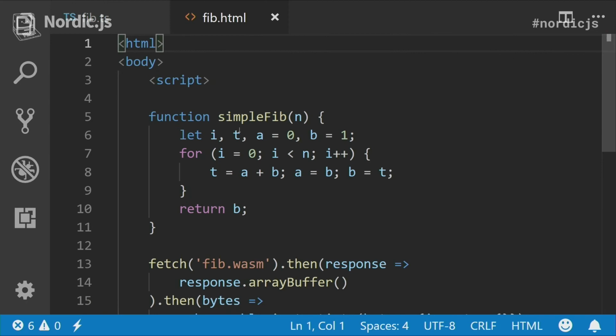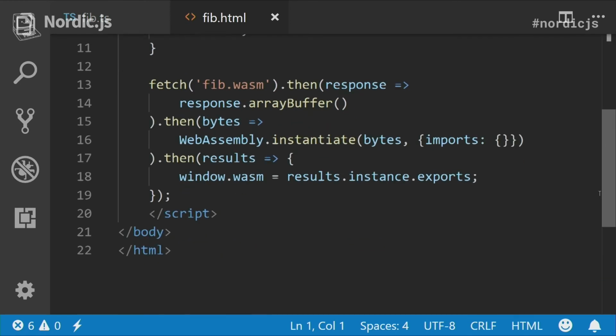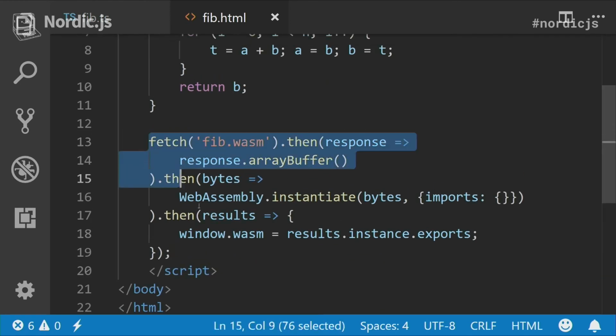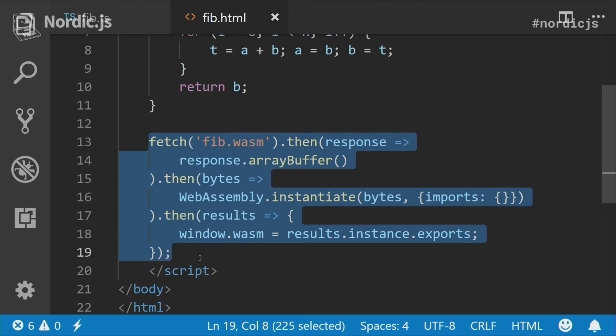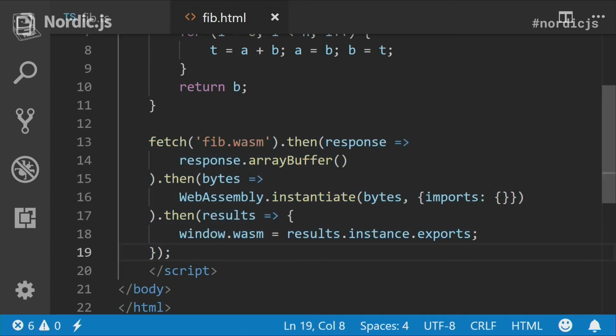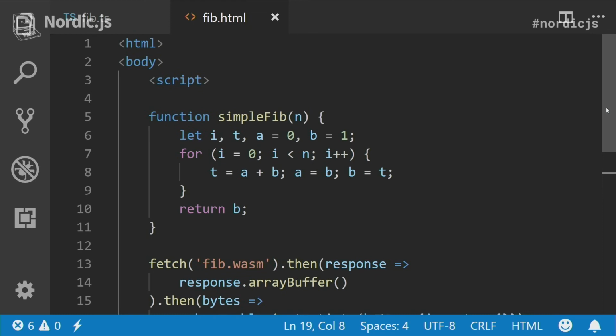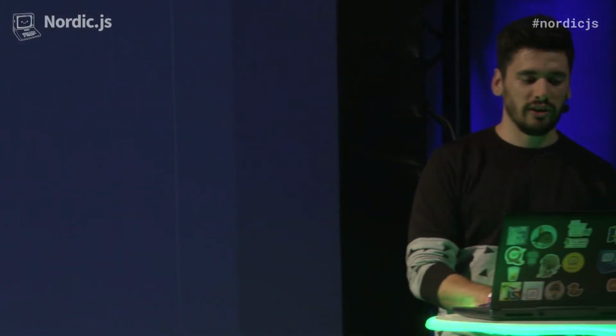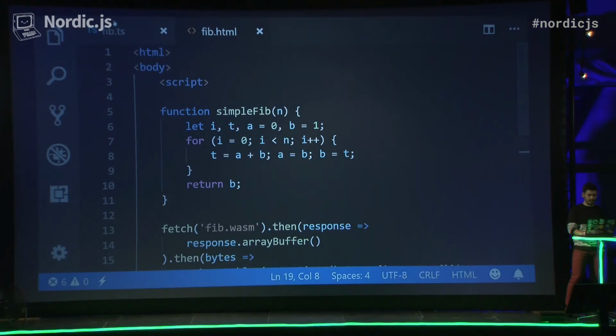And the other thing I have is a really simple page where I load the WebAssembly file. You see all these lines. Please don't remember it. Forget it. You never saw it. Because this is an ugly way to load it, and it's going to get a lot nicer in just a bit of time. So don't remember this. What we have here also is a simple function. It's basically the same function we have in the other file, just in regular old JavaScript,